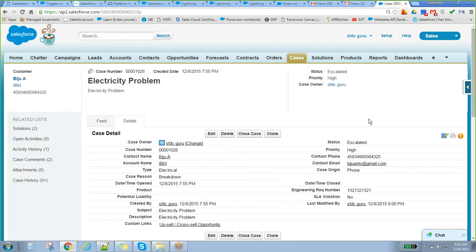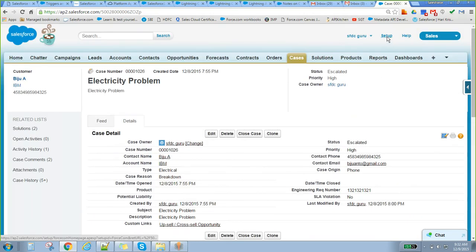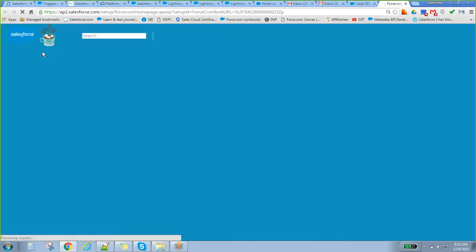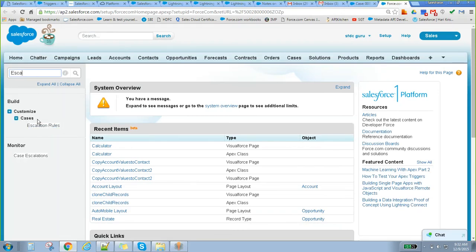Is that a different screen when you're making the rule? It's like how we configure the assignment rule. Go to Setup, customize, go to Cases, click on Escalation Rules.